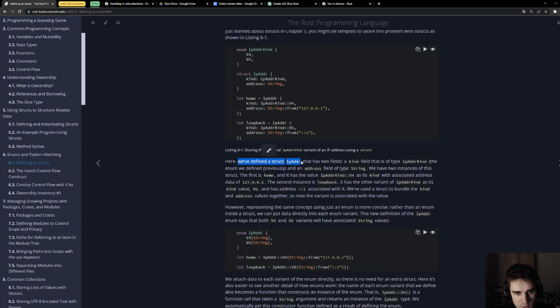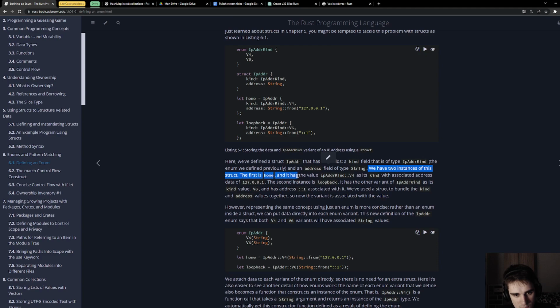Here we have defined a struct IpAddr that has two fields, a kind field that is of type IpAddrKind, the enum we defined previously, and an address field of type String. We have two instances of this struct.